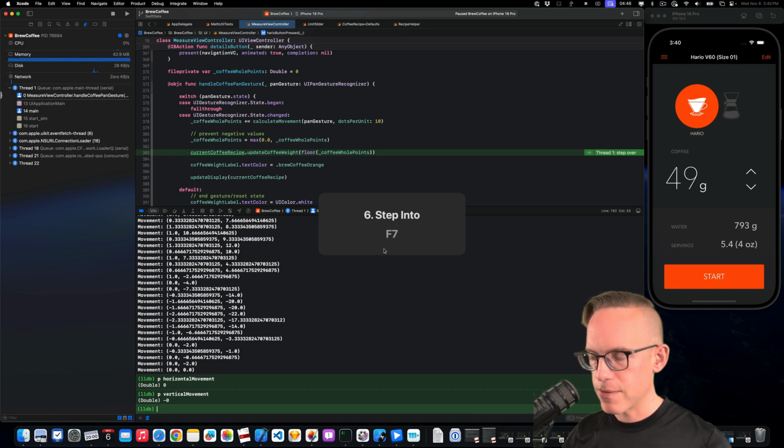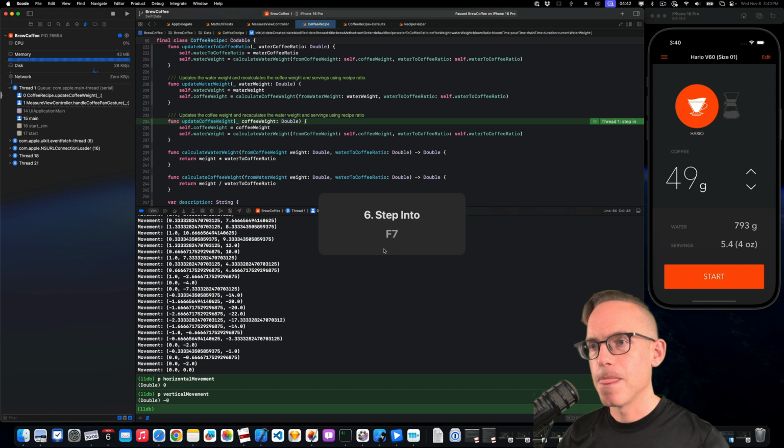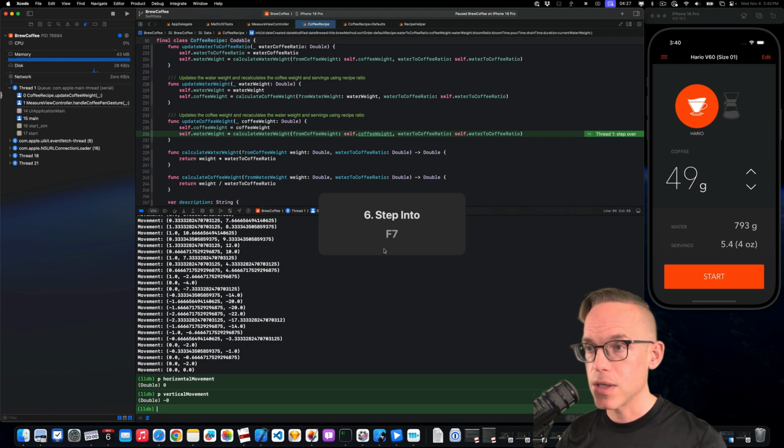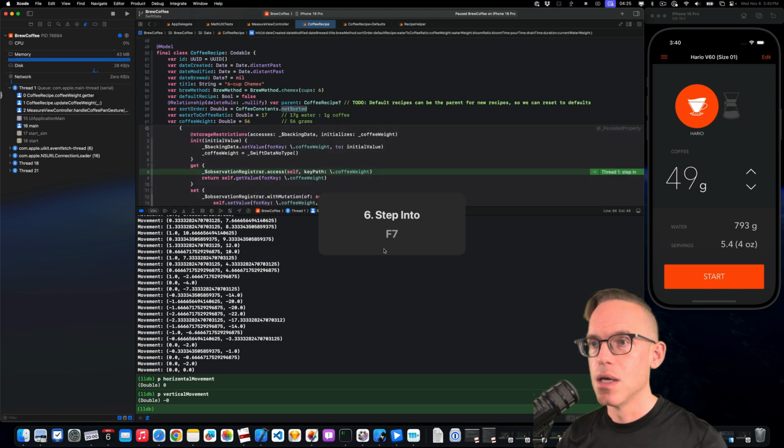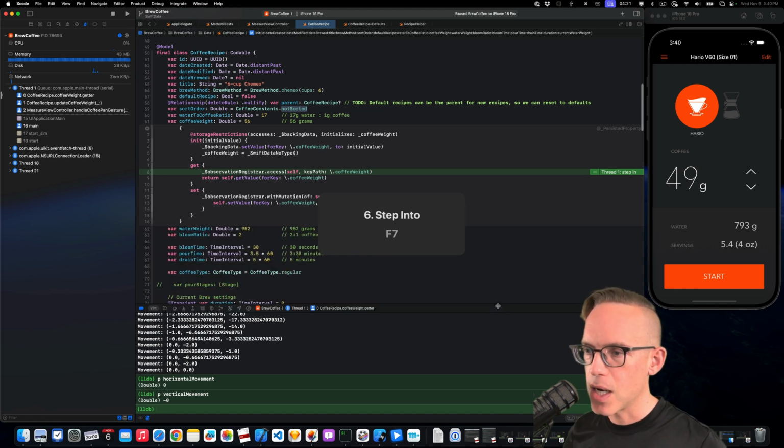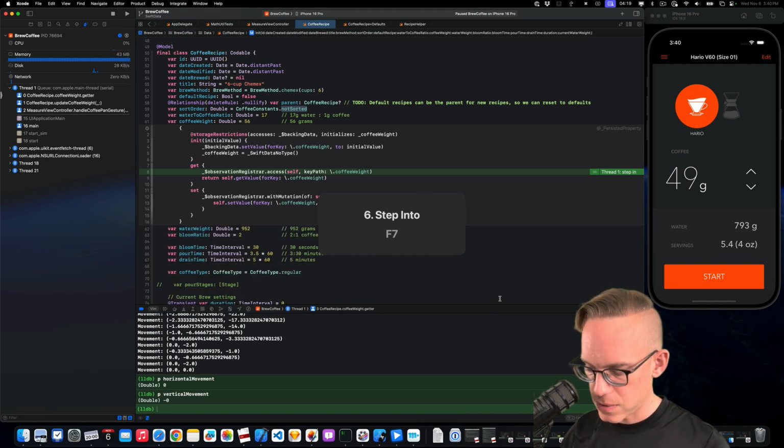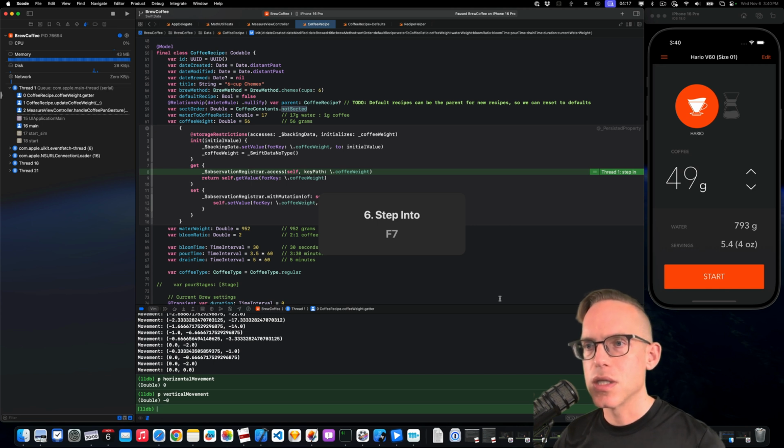So we can use function F7 to step into, and then we can just continue to step over with function F6, and then function F6 to here. We're now calculating the water weight. So we could step into with the function F7 key, and that will drive us in here. Now, this is where it gets a little bit gnarly now that we have macros in Swift. What you're going to see is this is a